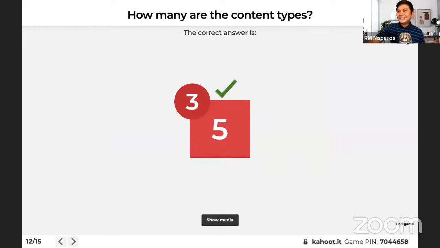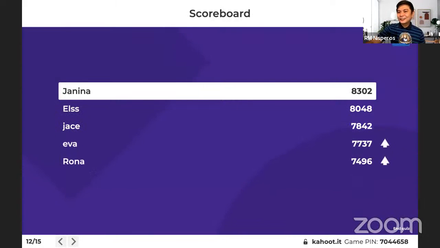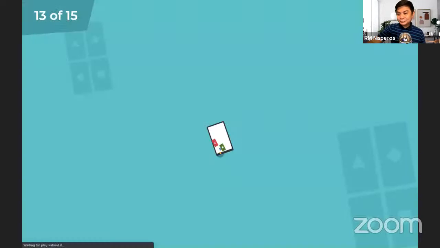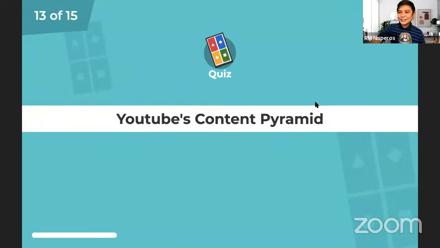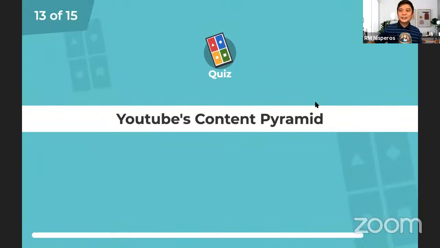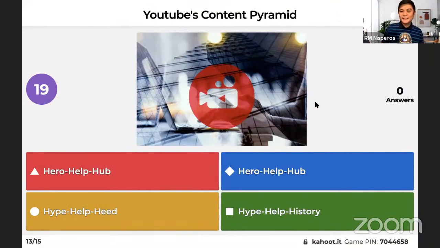Okay. Still have three more questions. Double points. Pwede pang humabol. So, ito yung YouTube's content pyramid. In proper order from left to right.